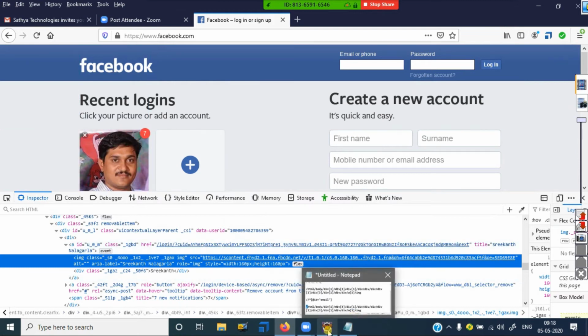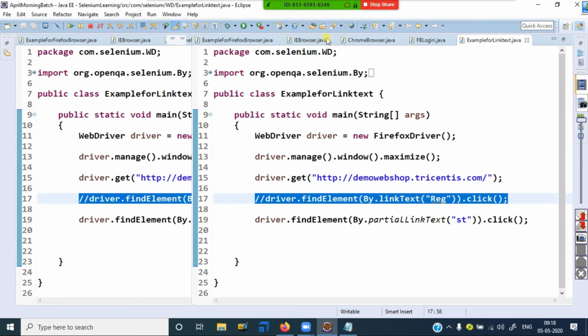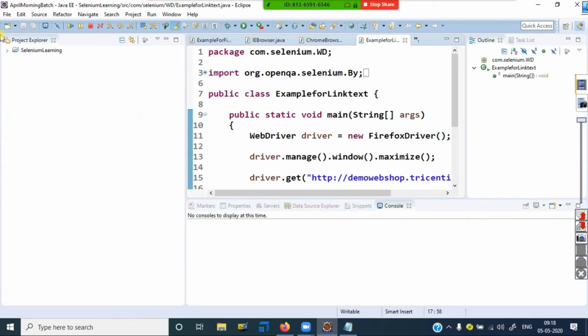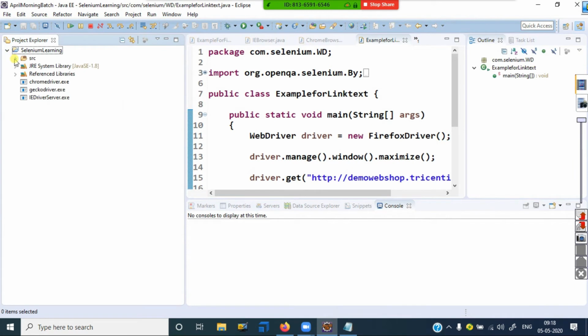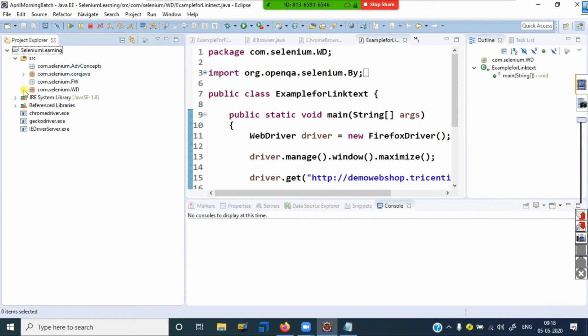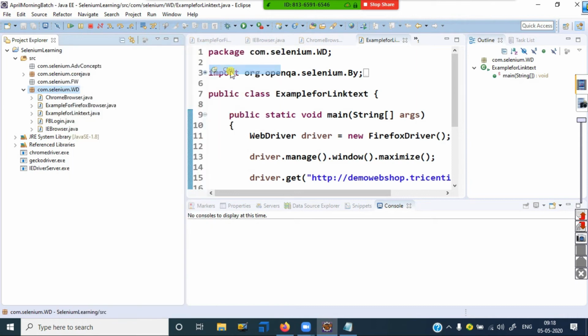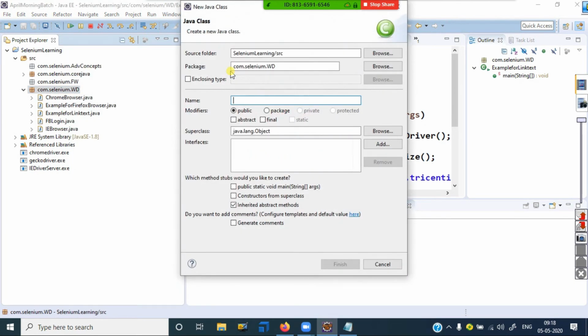Same, nothing different here. See, I can go for here, I can make it XPath related. This is XPath related. Yes, right click, new class. I can go for the example for XPath.